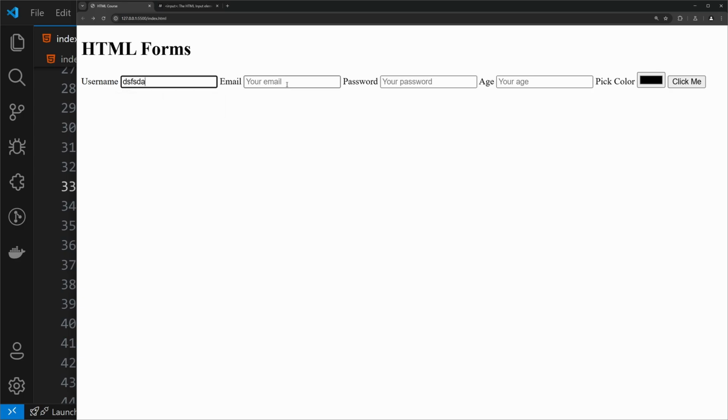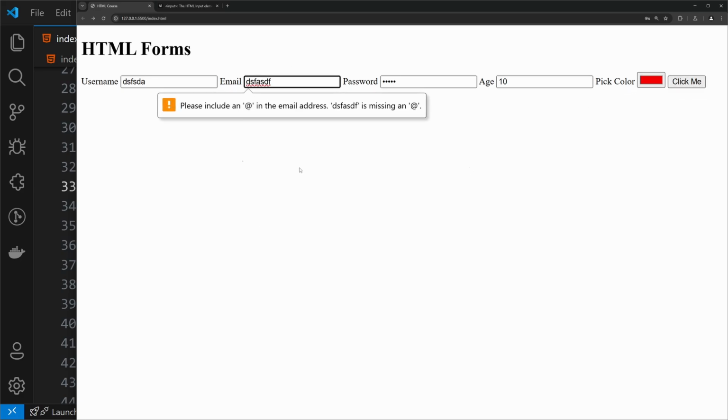So like username is there, email is there, password is there, something, age is 10 for example, and the color picker color is something like red. But the thing is, look closely. Now if I just click on submit, we get another message like, hey, please include an @ symbol in the